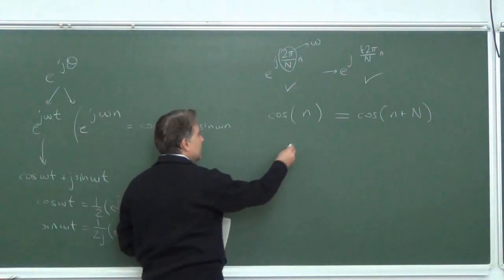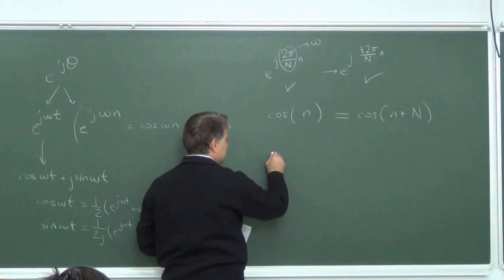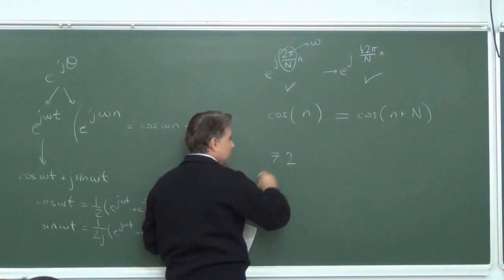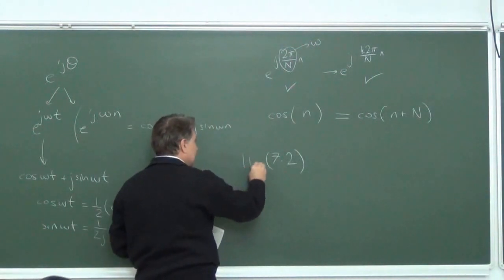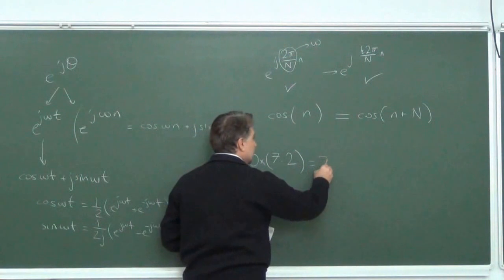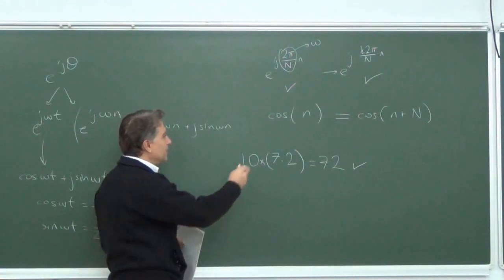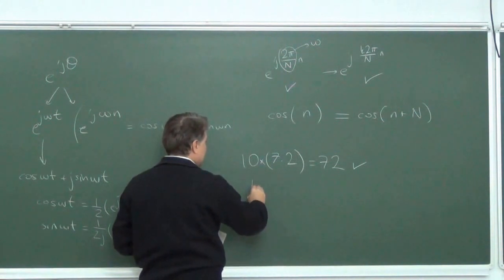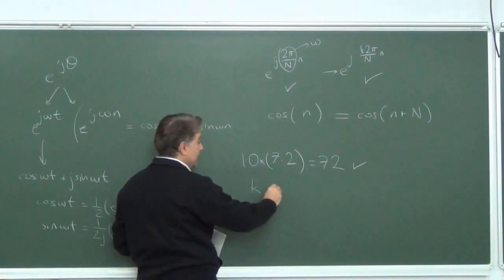For example, if the period is 7.2, it can't be 7.2, but we can always multiply it with any integer like this to make it 72, and that's fine. Now, is it possible for pi, so that when it gets multiplied with an integer k,